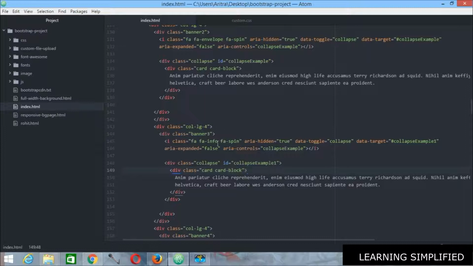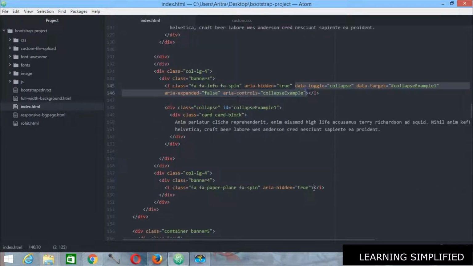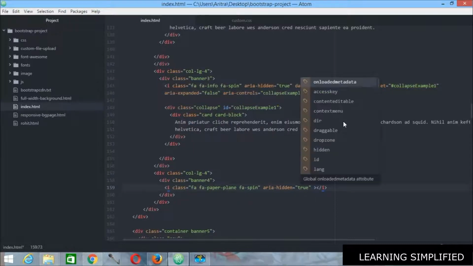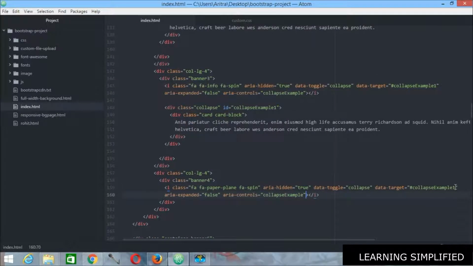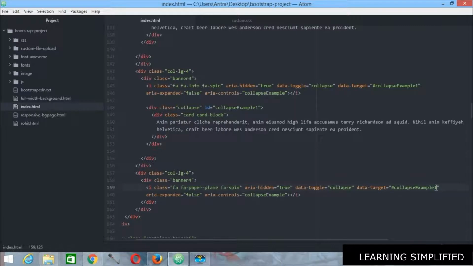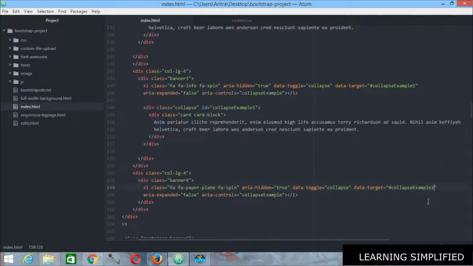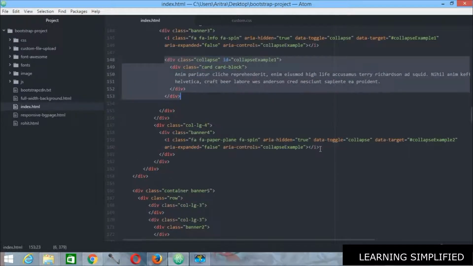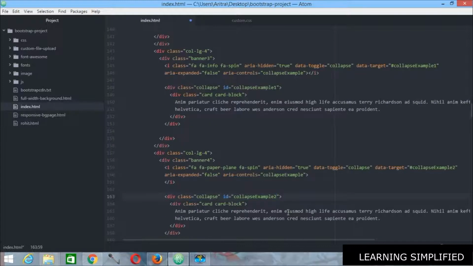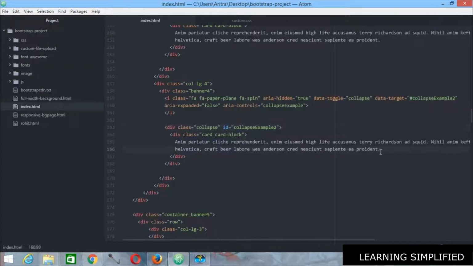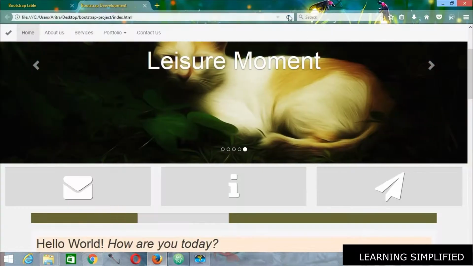In the same manner we are going to copy this data toggle, and inside this I class we need to paste them, and we need to change this ID name as we have done previously. So we need to provide here 2. So that's it. Now press Ctrl S, get back to your project and reload.